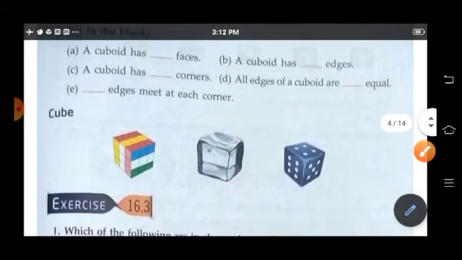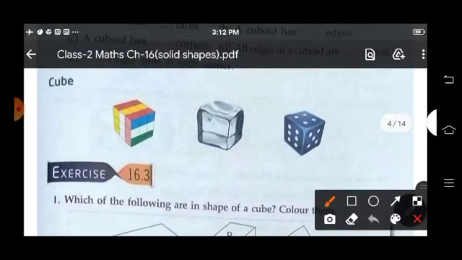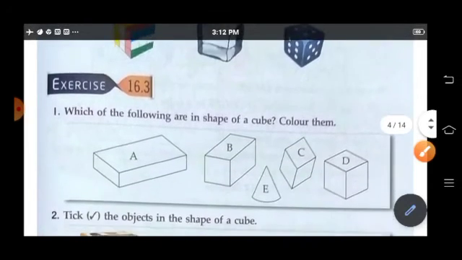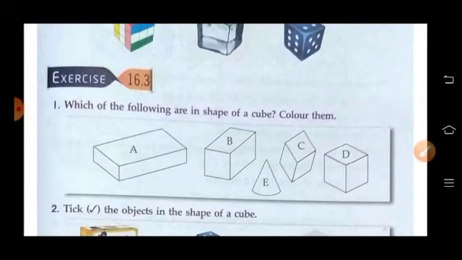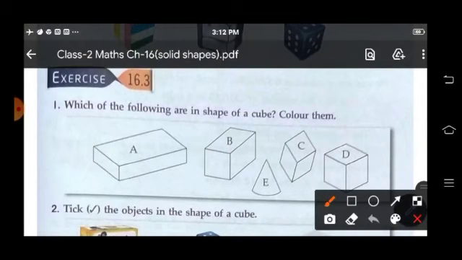Now come to the cube. So here, this is a cube. This is a cube, and this is also a cube. So which of the following are in the shape of a cube? Color them. So children, find out. Yes, this one is a cube.